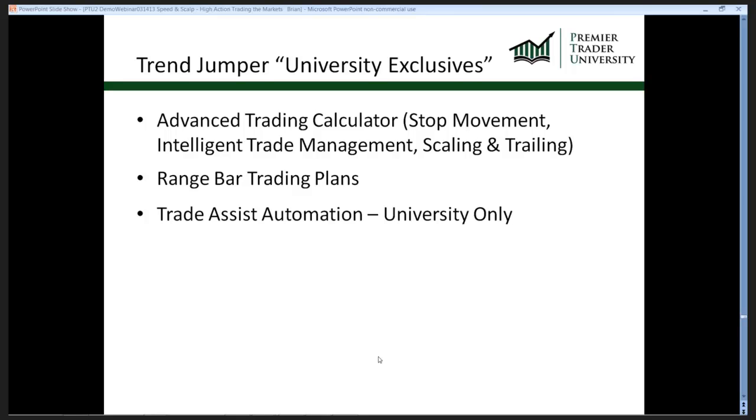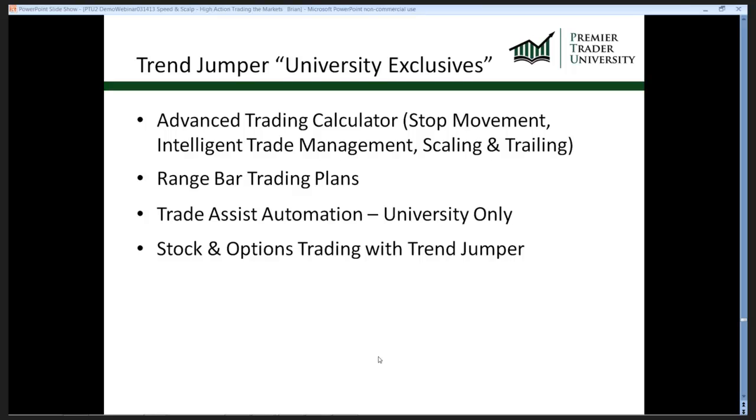I talked about the range bar trading plans, how we size the bars. That's another feature that you're going to get and trained on. Trade Assist is something that I didn't talk too much about, but it is an option available to you. It's only available inside the university. I personally used Trade Assist on the 2 trades that I showed you this morning, which was kind of great because I was actually on the phone with TradeStation support, and I heard the Trade Assist kick off that trade. I looked up, confirmed the trade was right, and it basically took me through the process. So that's what Trade Assist can do for you. We're not big proponents of letting that automation just run blindly. You've got to be in front of it and manage it, but again, that's something that's available.